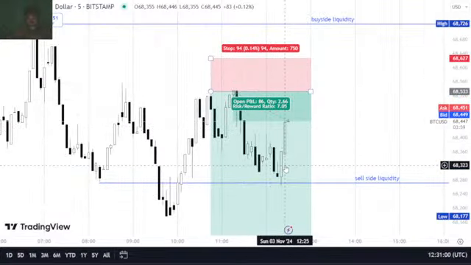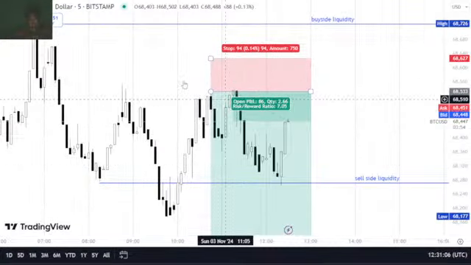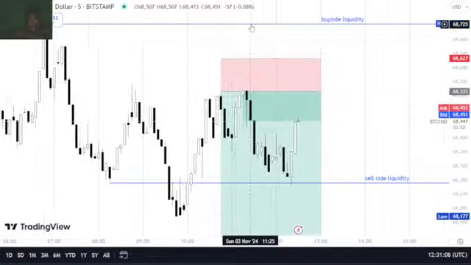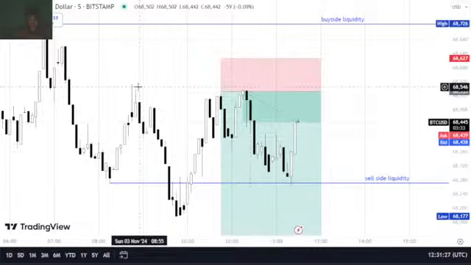Now we are in, then there's the buy side liquidity and there's the sell side liquidity. Price broke to the downside, which broke the sell side liquidity, creating a change of character. So we waited for a retracement back into this buy side liquidity. Then we took out the trade. So this trade led us down to an extreme demand zone.